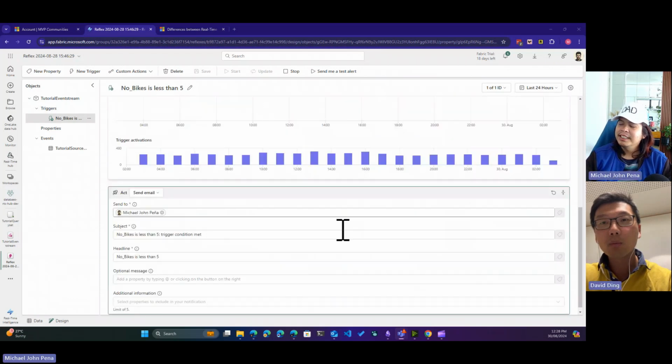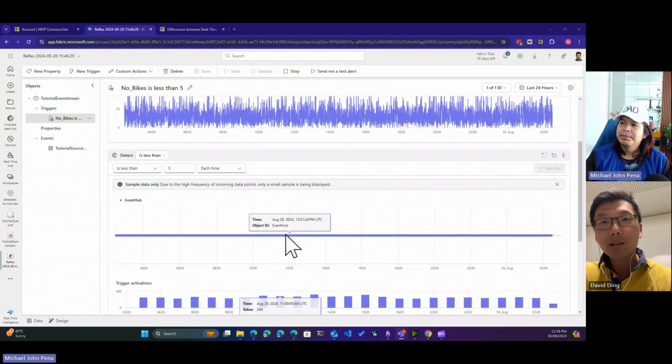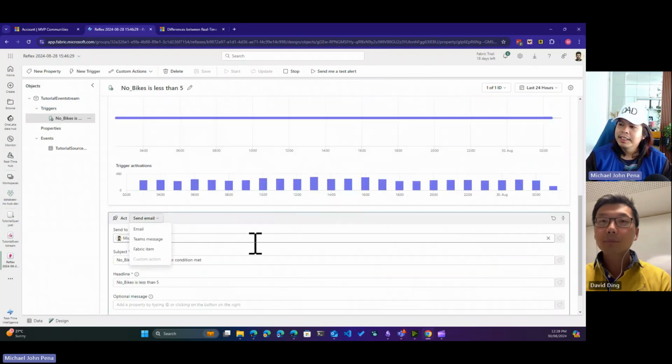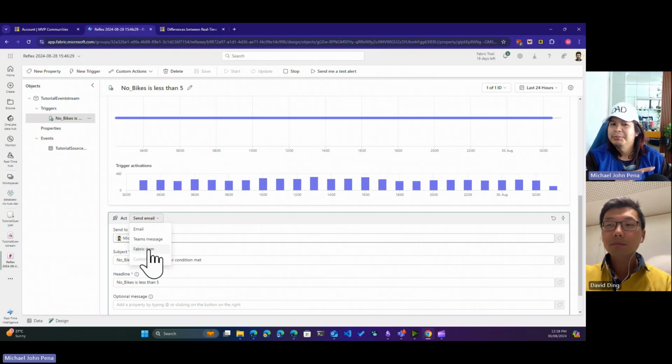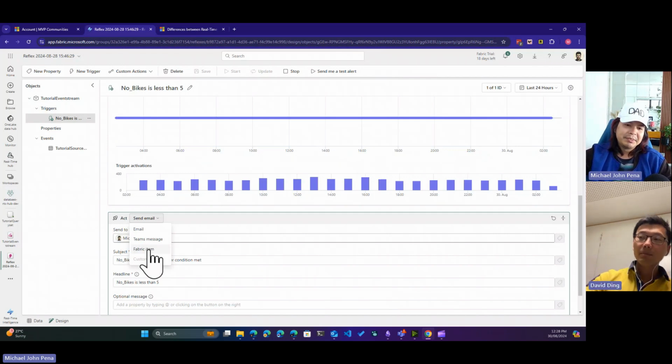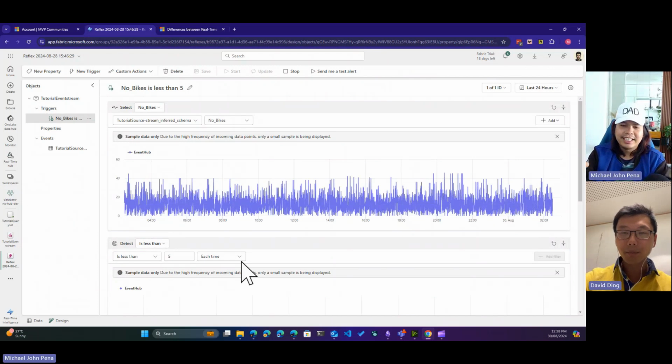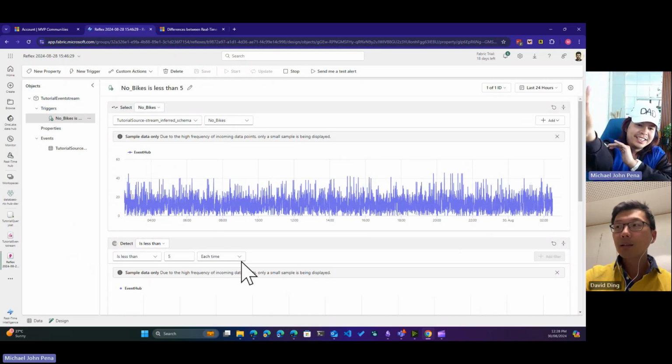So basically, this is like a GUI, if this then that type of thing, with an option of whether you want to send an email, or send a Teams message, or you can do a fabric item. By the way, we could probably talk about that in a future video about extensibility on fabric items. Do you get it now? The idea of reflex is like a muscle: I tap on you and you do this.